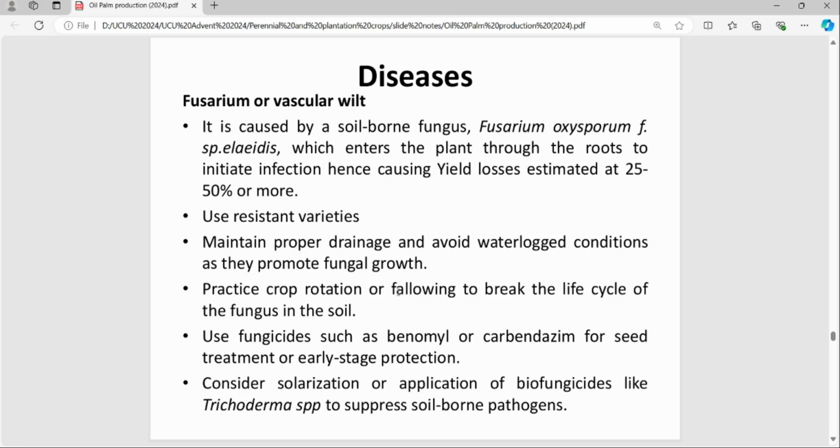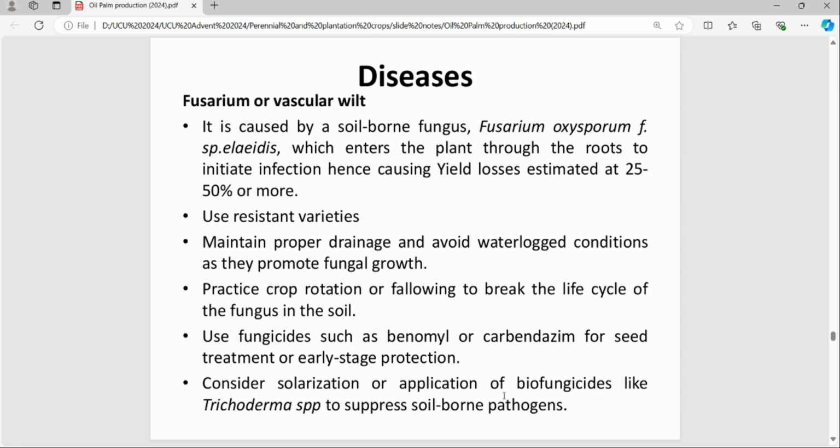We can also use chemical means, for example, fungicides like benomyl and carbendazim for seed treatment before planting the seeds within the nursery, and for early stage protection, you can spray the seedlings with this fungicide as well. You can also consider solarization and application of biofungicides like Trichoderma to suppress soil-borne pathogens, and this is basically done